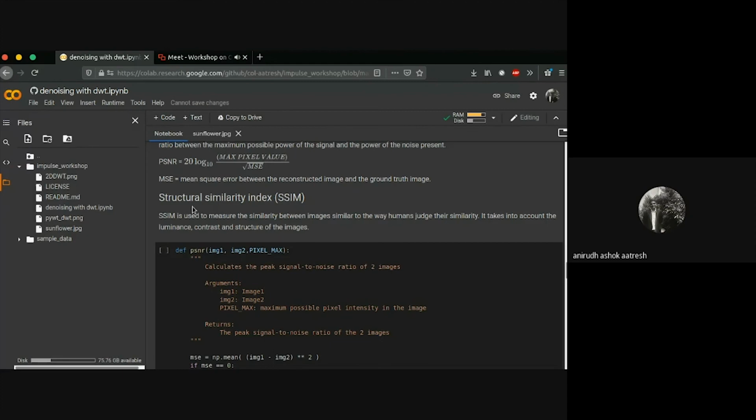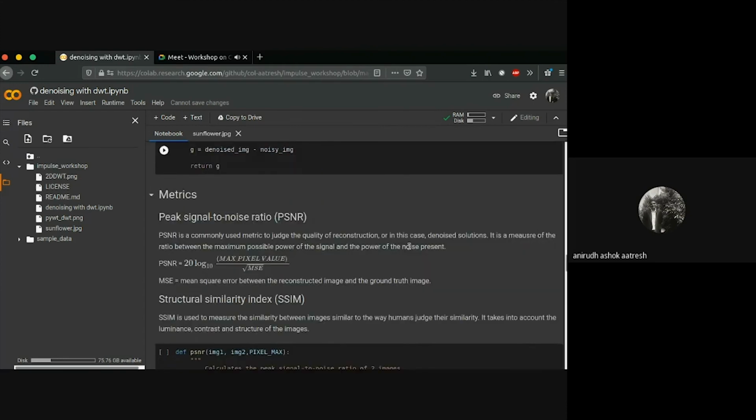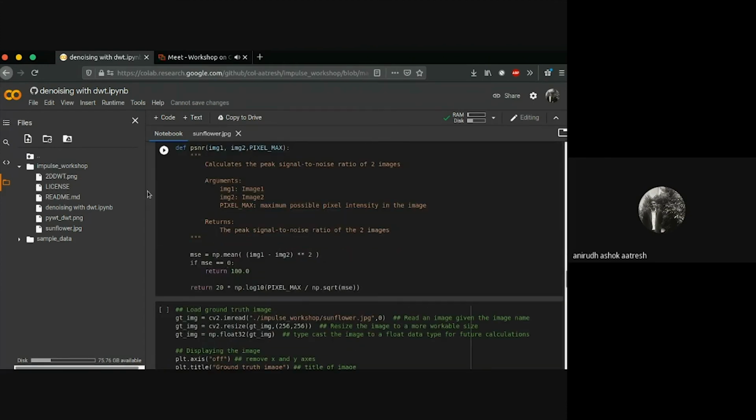For this structural similarity index, we have a function already called compare SSIM that I've imported here. For PSNR, we have defined a function over here to calculate that. We compute the mean square error, the difference between two images, square them and find the mean, and we perform this calculation.